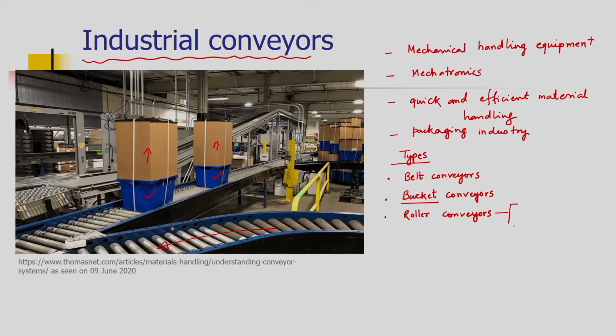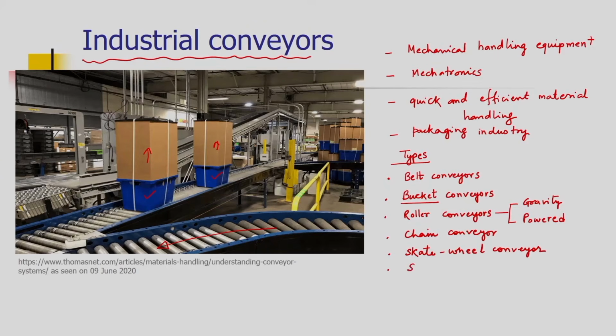Roller conveyors are either gravity operated or powered, so we are using electric power to drive them. The next type is chain conveyor, then we are using skate wheel conveyor,